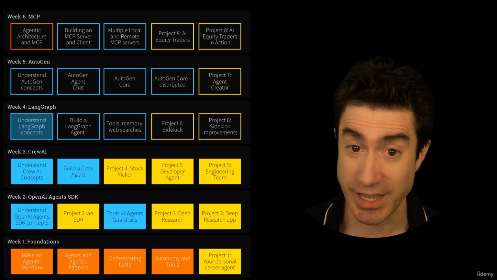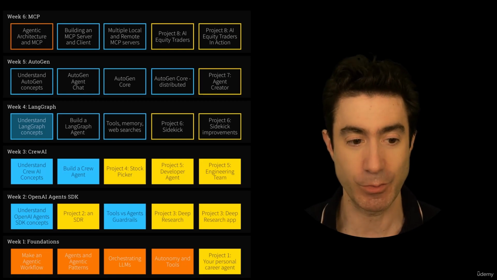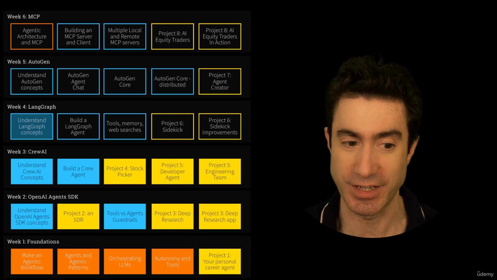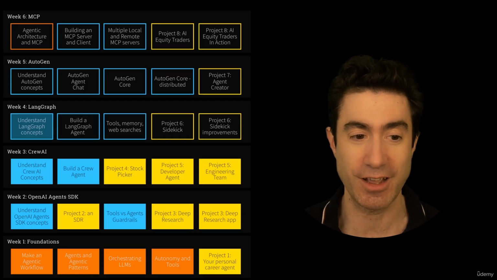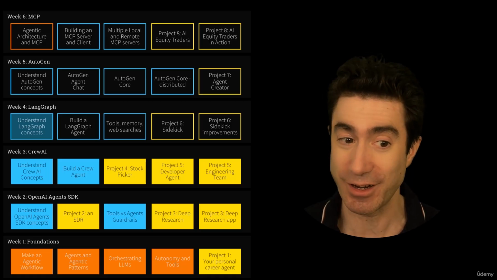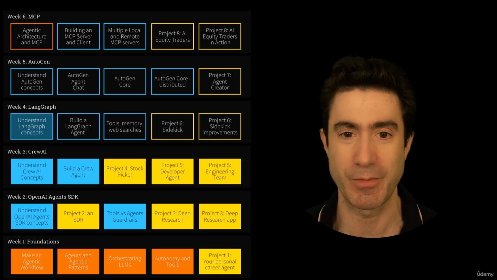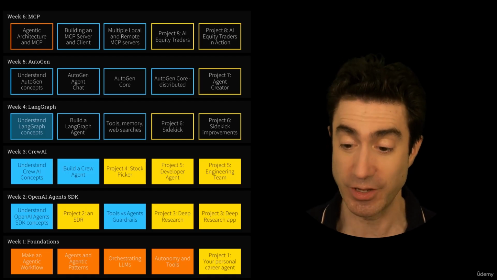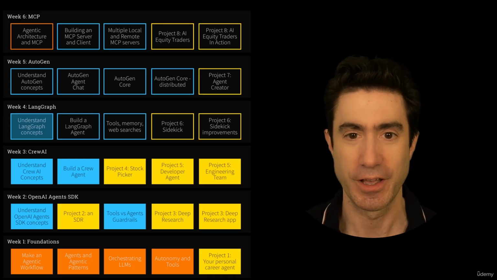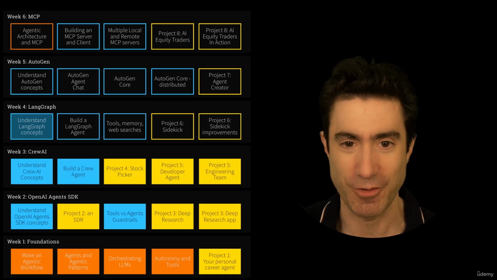But generally, I want to say that this week, week 4, is actually quite a short week because I feel like we've got deep into OpenAI Agents SDK and Crew, and we've done a lot that's covered familiar ground. And now the things that we do, both with LangGraph and with AutoGen, are going to have a lot in common. We're not going to need to go into quite the same amount of detail. So we'll be moving a bit more briskly through, but I'll be giving you plenty of the briefing and giving you the ability to go off and build your own projects with LangGraph if it happens to tick the right boxes for you. All right, let's get into it.